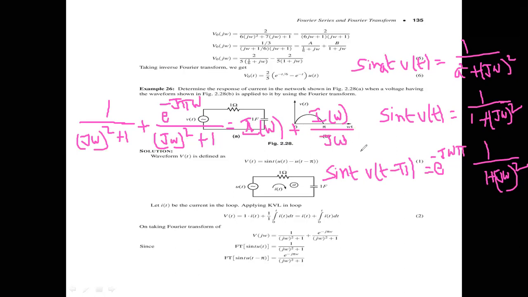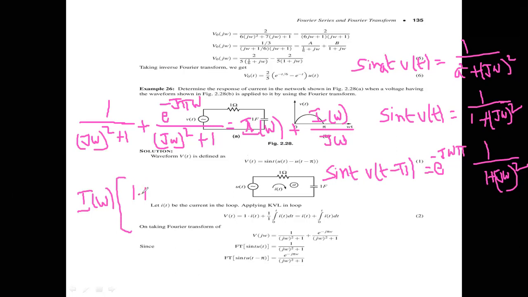Integration in time is one of the properties. Time differentiation gives j omega into I of omega, and the integration property gives 1 by j omega into I of j omega. We need I of omega, so I of omega is equal to, you take the common here,